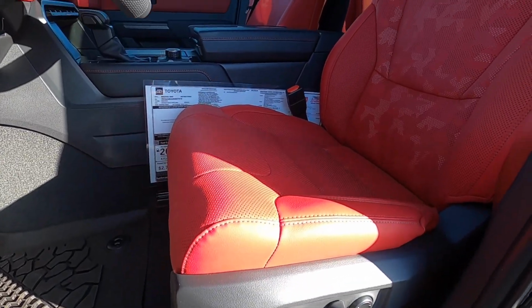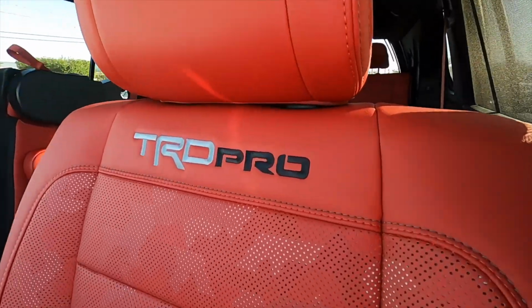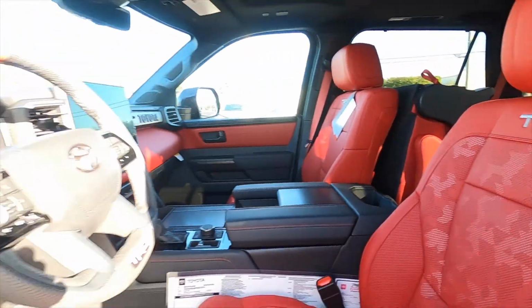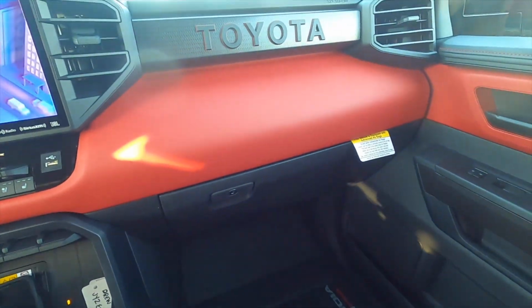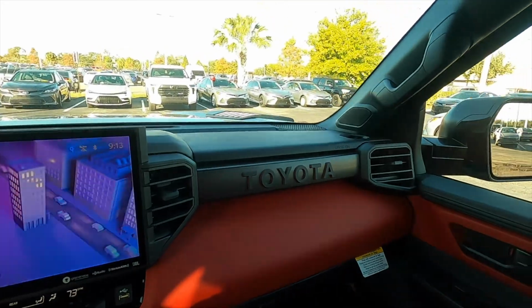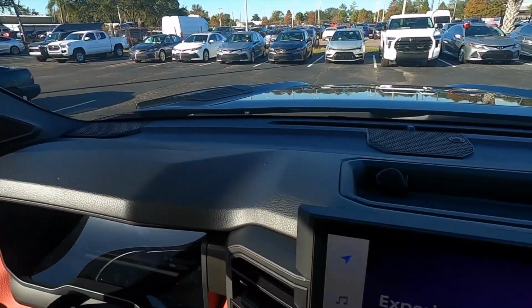10-way power seat adjustment for the driver and passenger, heated and ventilated TRD Pro, memory for the driver. Headroom and legroom. Stainless steel pedals come for the TRD. The Heritage Toyota badging on the passenger side, 14 speakers through a JBL sound system, including an amplifier and subwoofer, a